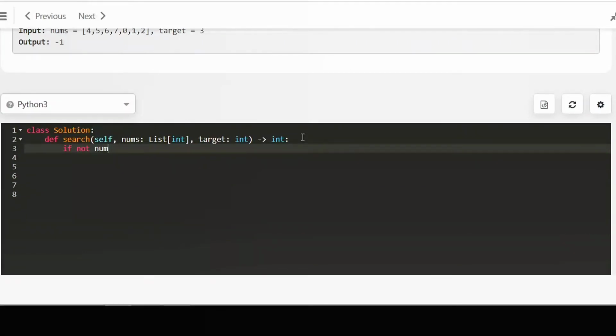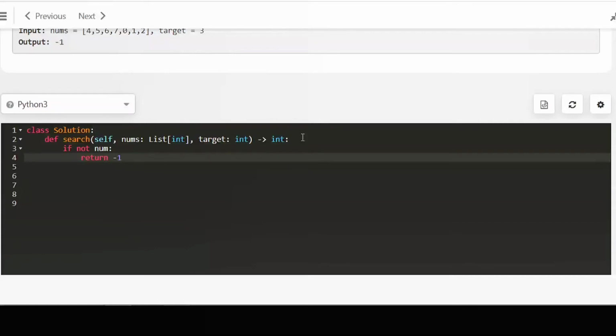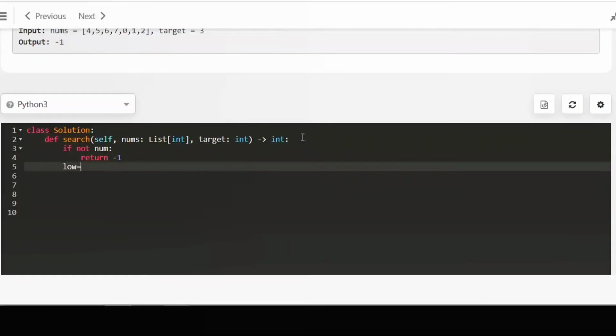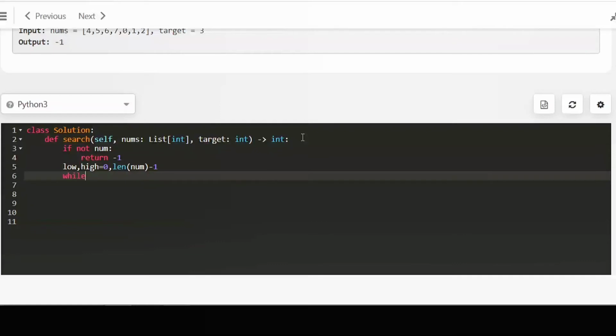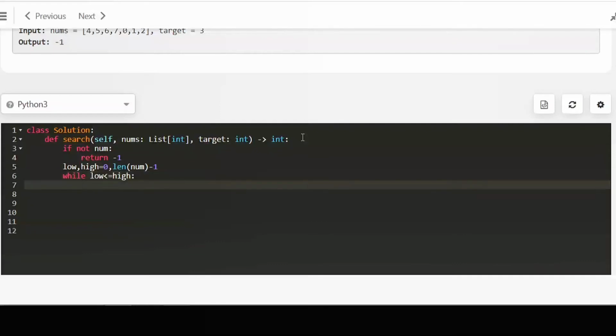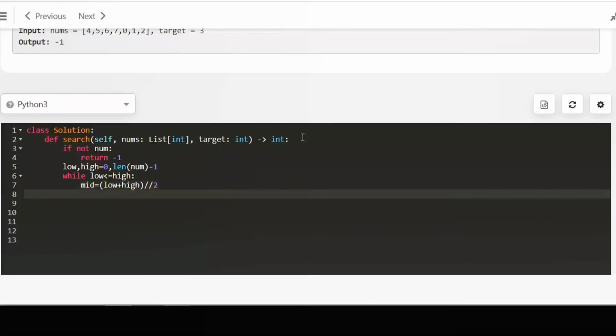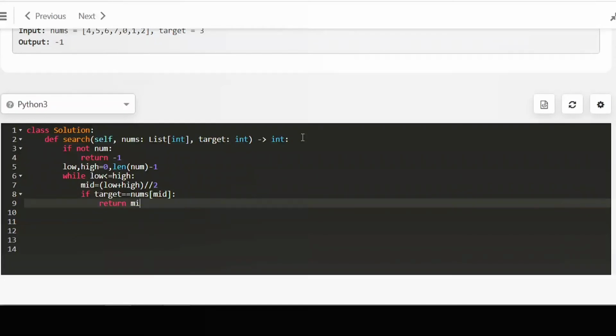If not nums, then we will return -1. Low equals 0 and high equals length of nums minus 1. And while low is lesser than or equal to high, we will set our mid as low plus high by 2, and then we will check if target equals nums mid, then we return the mid value.